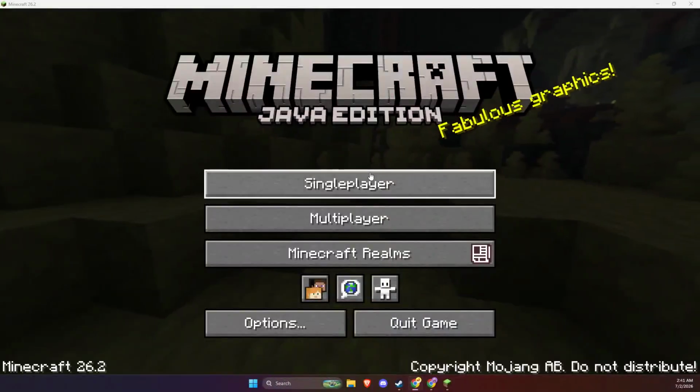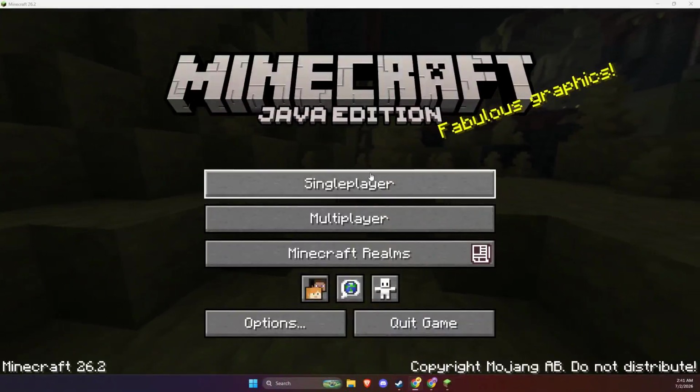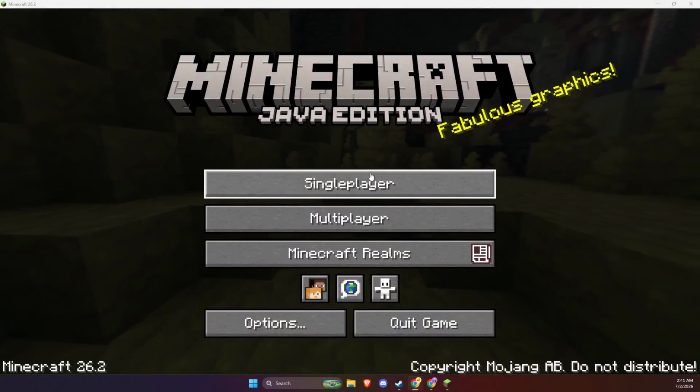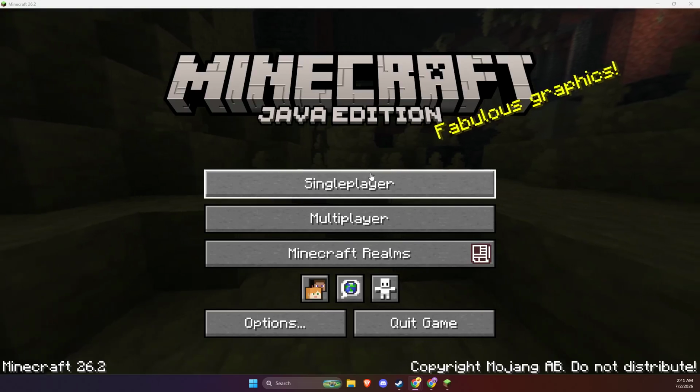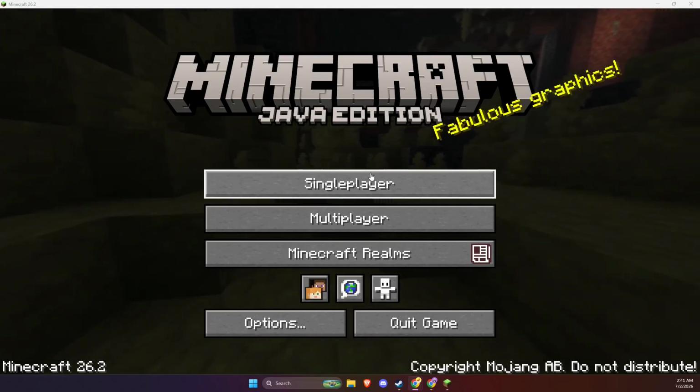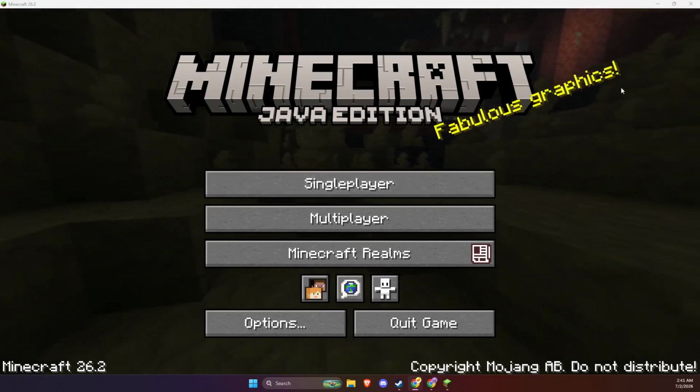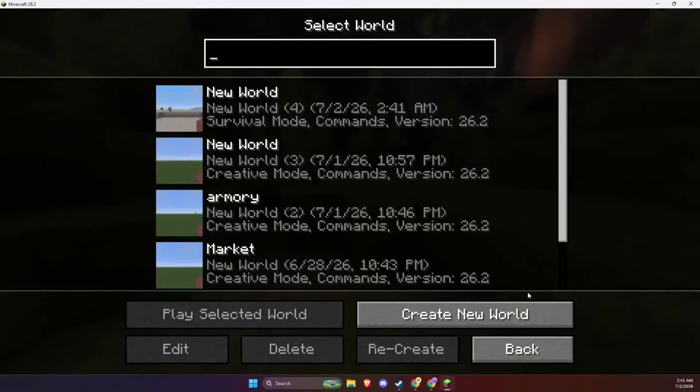In today's video, I am going to teach you how to teleport to your last death point in Minecraft 26.1.2, Updated 2026 Guide. Start by opening Minecraft Java Edition. From there, either create a new world or open an existing world where you want to return to your last